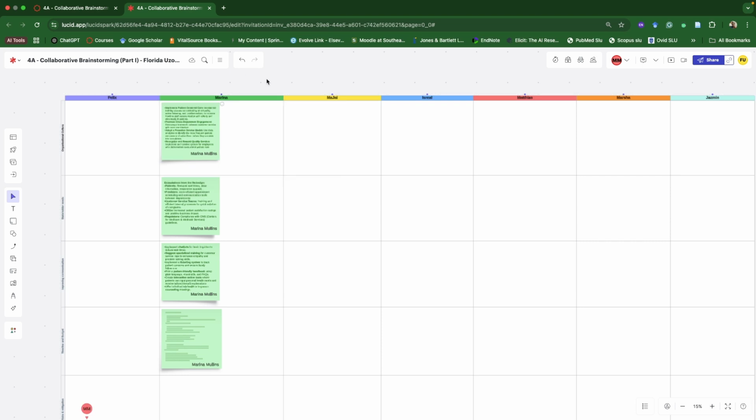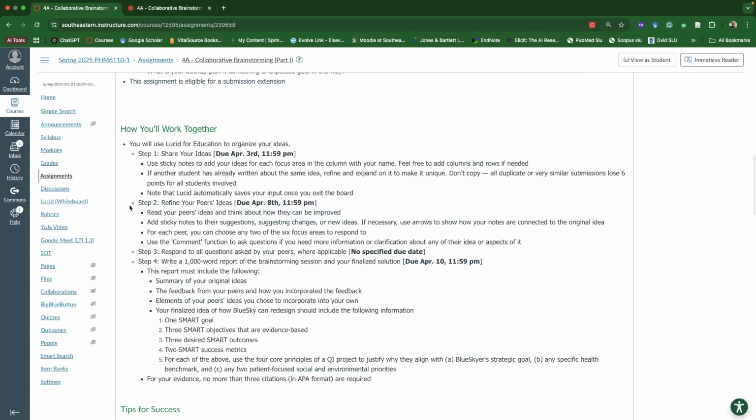And then you click on it, and the person would know that there was a comment that was left on them. So when they click here, they will see that there is a comment. They can go to it, and then they can reply to it. So that's how that happens. That's how you use the arrows, and that's how you use the comment sections as well. So I've deleted that comment, but just again, to give you an idea of how to do that. So that is the second part, the second stage of your assignment, where you're using the sticky notes as well as the comment functions to help in refining the ideas that have been generated by your peers.